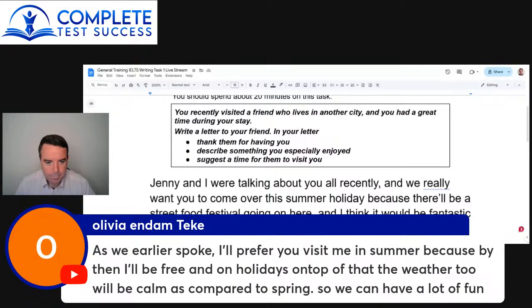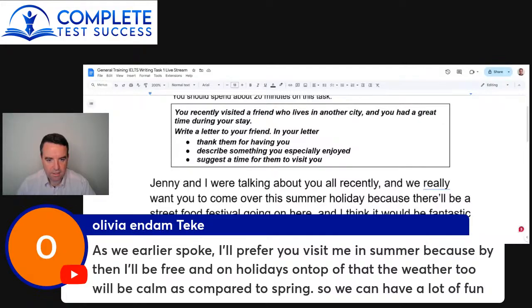Shamrat, as we discussed earlier, or as we talked about before, not I'll prefer you visit, but I'd love if you could visit me this summer, because by then I'll be